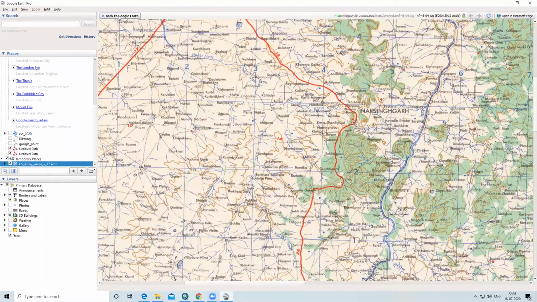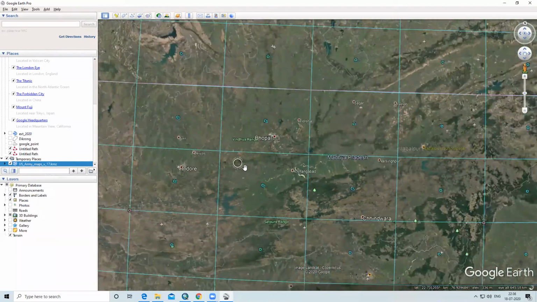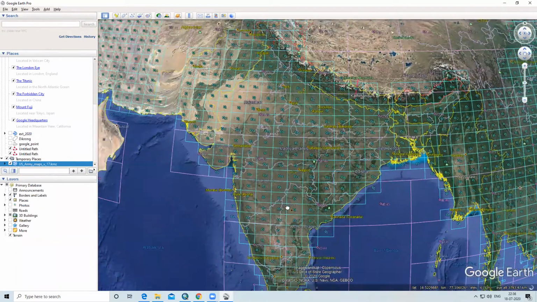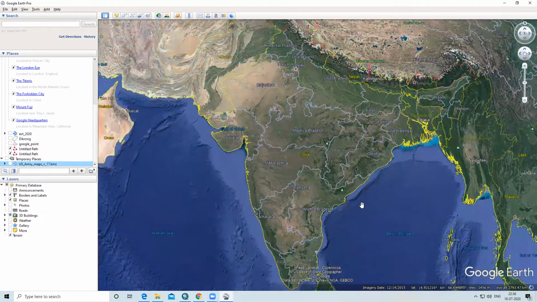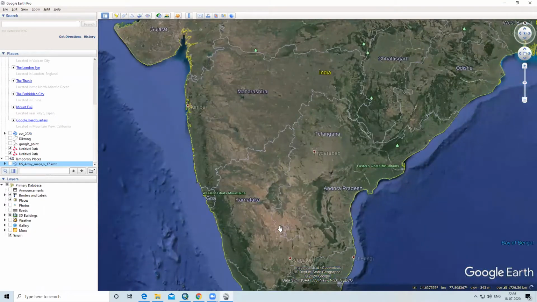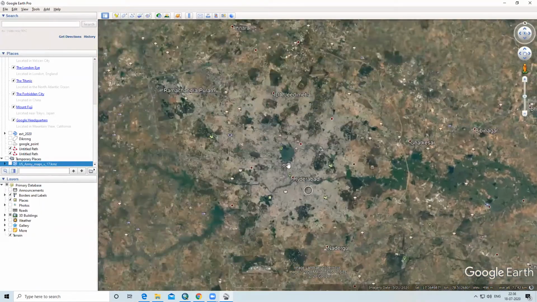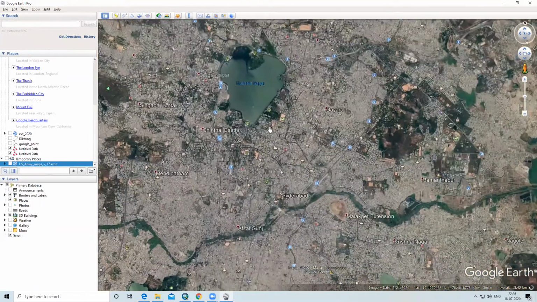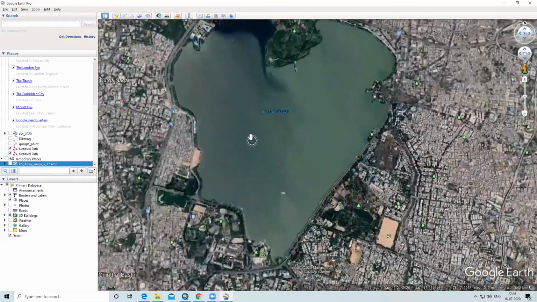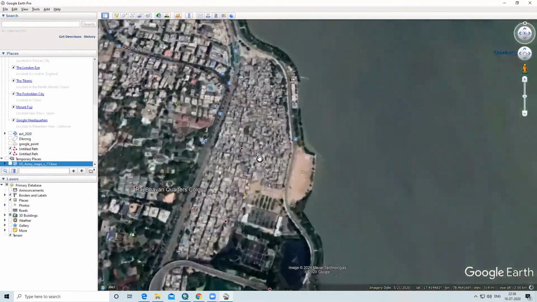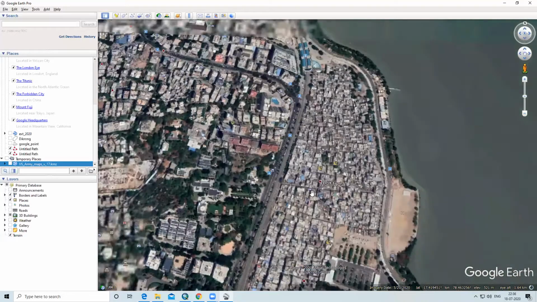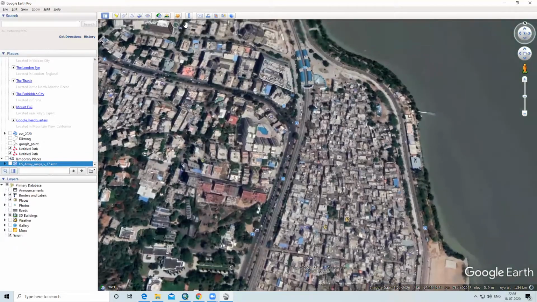After that, if you want to digitize point, line and polygon in Google Earth, that also we can digitize. So first I will zoom here. Suppose this area I want to digitize in Google Earth, first I will digitize a road.